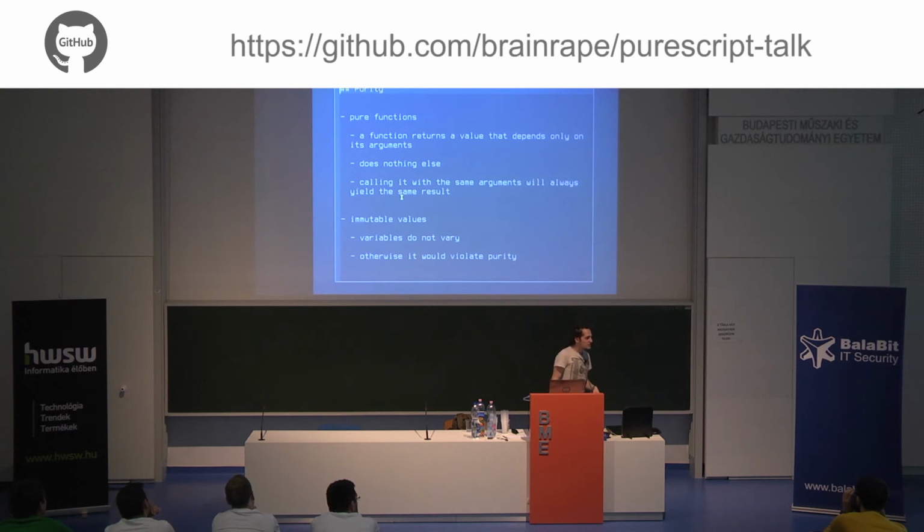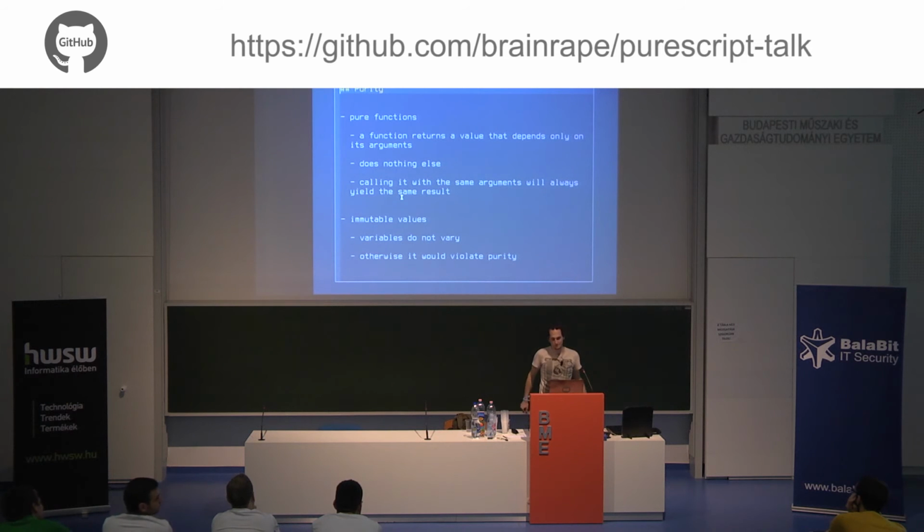A pure function can do nothing else but return a result based on its input arguments. It cannot change the closure, so the variables around it that it can see. It cannot change anything outside the function, and it cannot do stuff like write to the console or change the